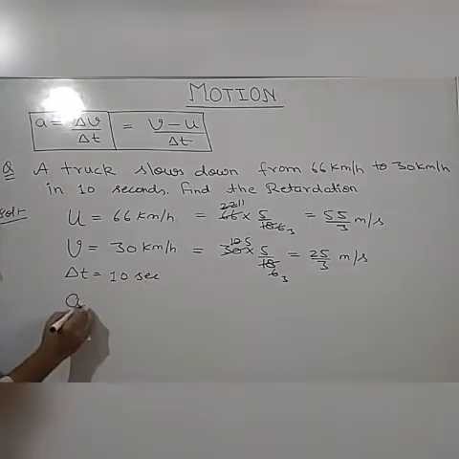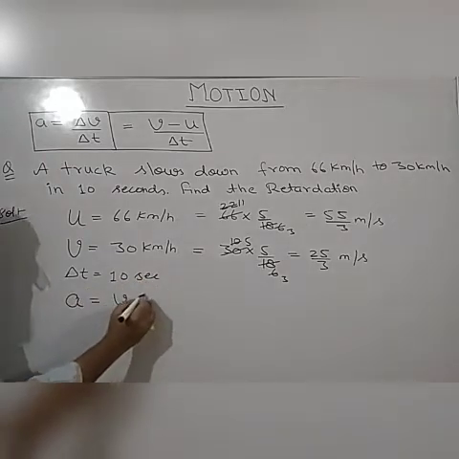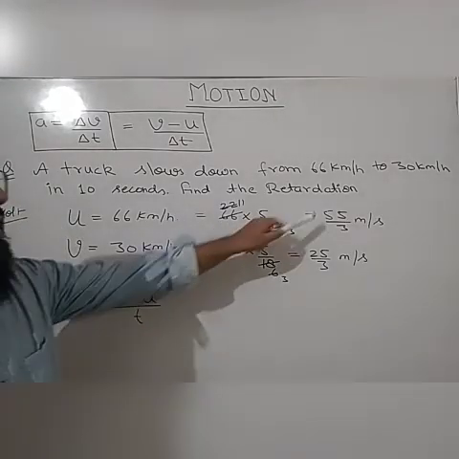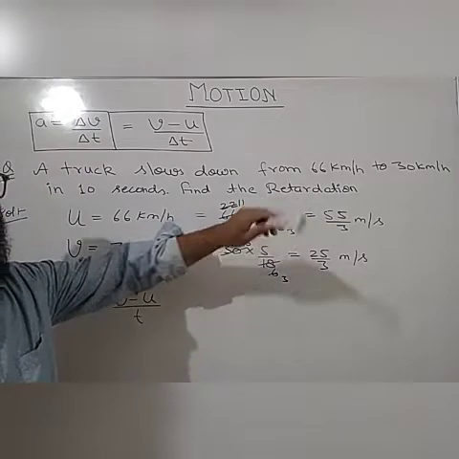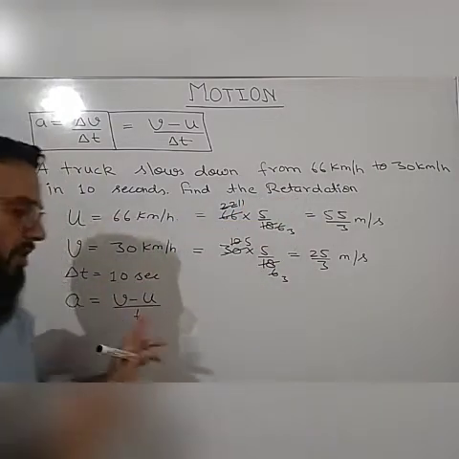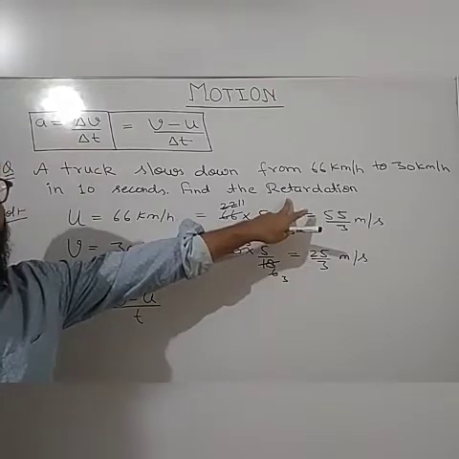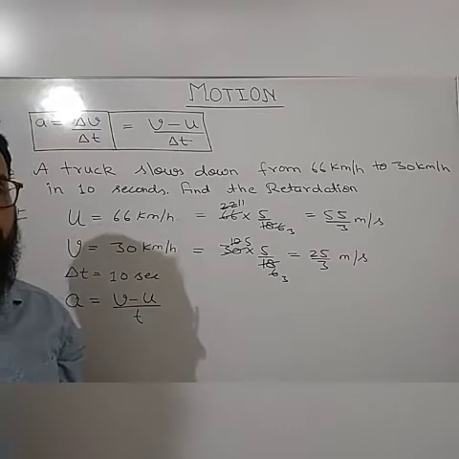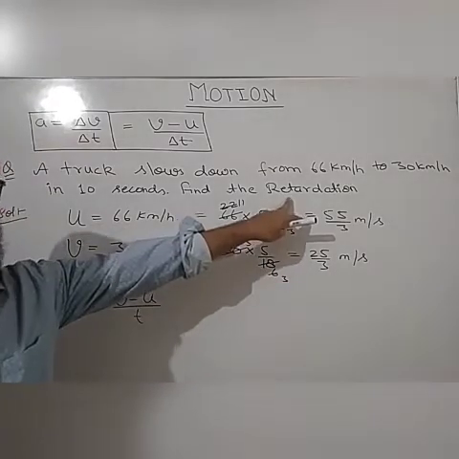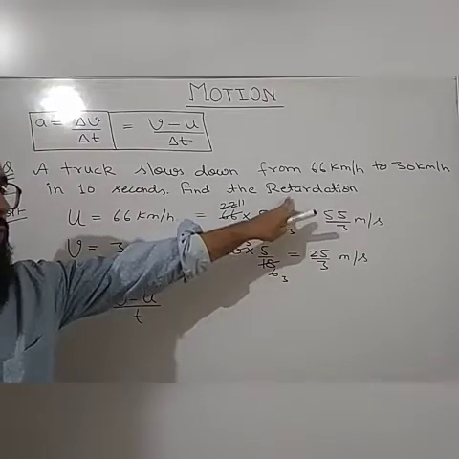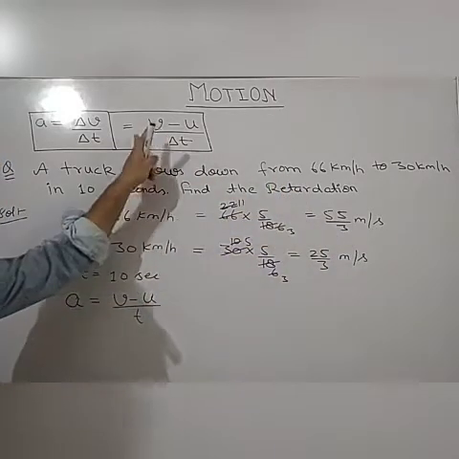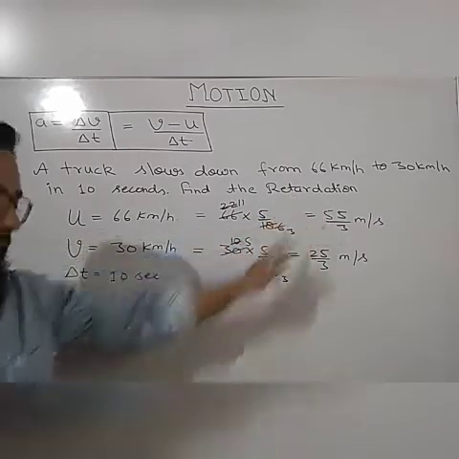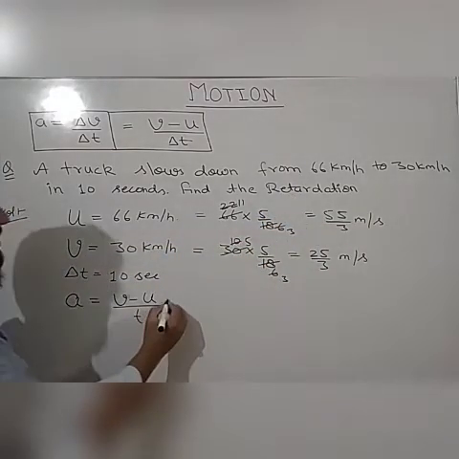Now you can find the value of acceleration. It is equal to v minus u upon t. In the question it is asked to find the retardation. So we know the formula for acceleration, and retardation is the same. Retardation only indicates that the acceleration is opposite to the direction of motion, which will always come with a negative sign. So we will use the same formula of acceleration, but its value will always come out with a negative sign. So let us check here also. a is equal to v minus u upon t.